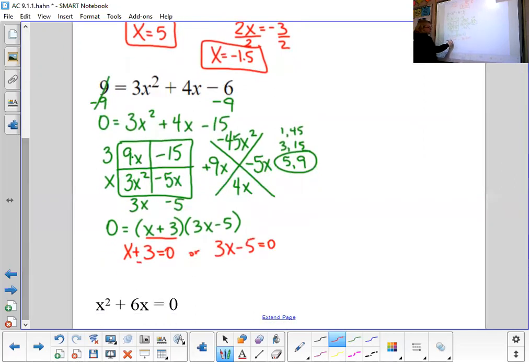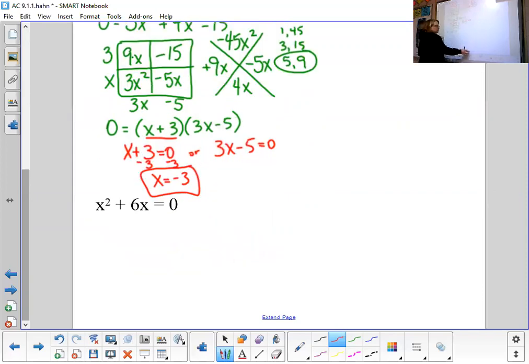If x plus 3 equals 0, I'm going to subtract 3 from both sides, and that gives me my first answer, which is x equals negative 3. 3x minus 5 equals 0. I start by adding 5 to both sides to get rid of that minus 5. That gives me 3x equals 5. Divide it by 3, and I get x equals